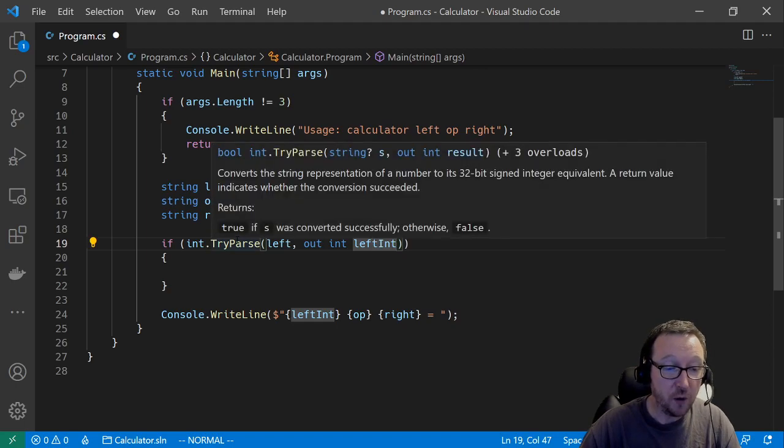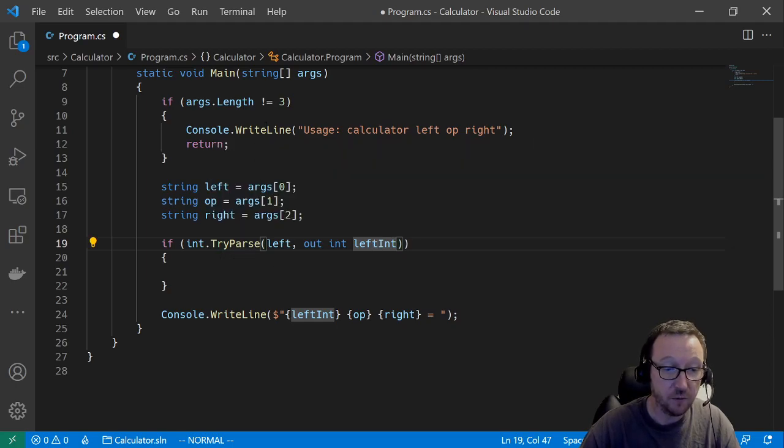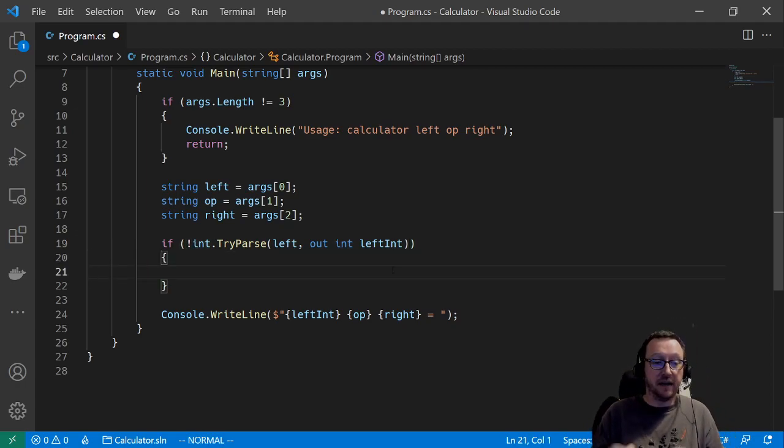So it returns true if it worked and false if it didn't work. And what I want to say is if it didn't work, then do another one of these console.writeLine and return things. So say if int.tryParse, that means if it did work. If I want to say if it didn't work, I just put an exclamation mark here. Okay, exclamation mark in C-like languages, including C#, but also Java, JavaScript, C, C++,